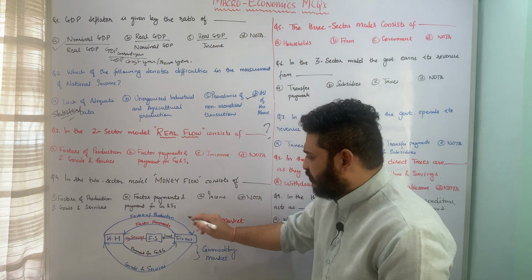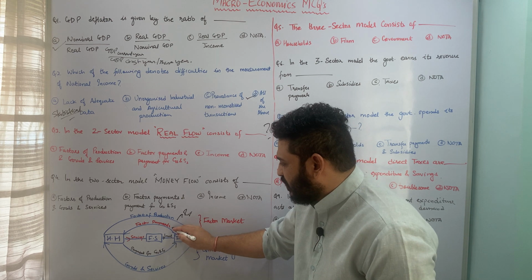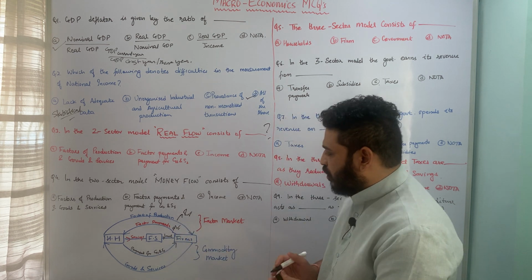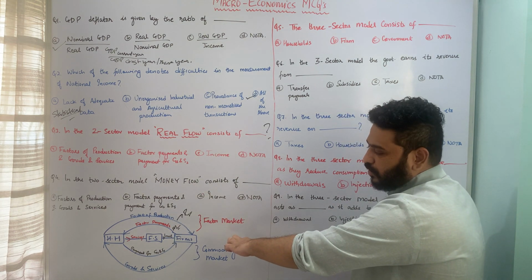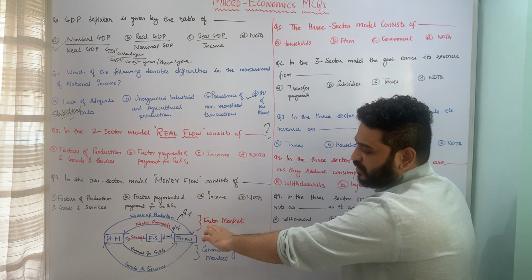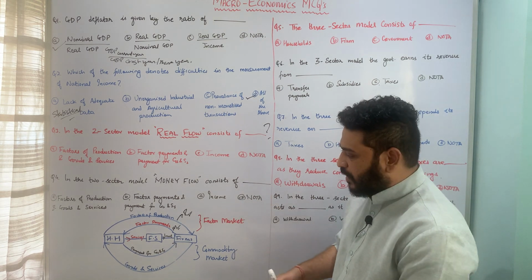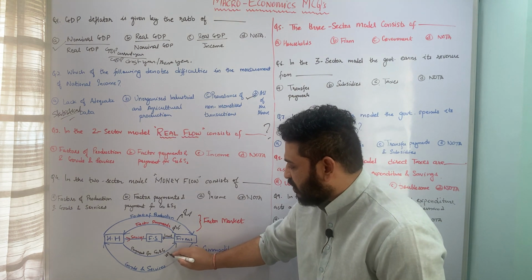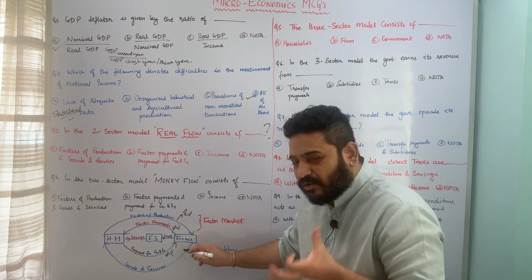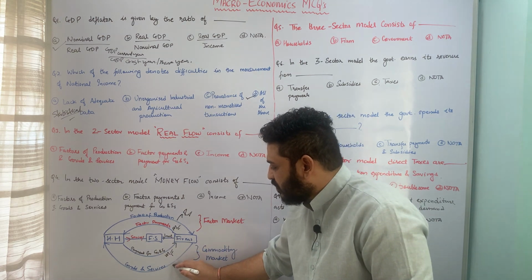Okay, so factors of production, this is talking about the real flow, and money is involved here, so it is money flow. Now real flow in the factor market is factors of production coming from household to the firm, and money flow is denoted by factor payments. On the contrary, similarly, when you look at the commodity market, payment for goods and services are counted as money flow, and the goods and services, the physical goods and services, are called as the real flow.